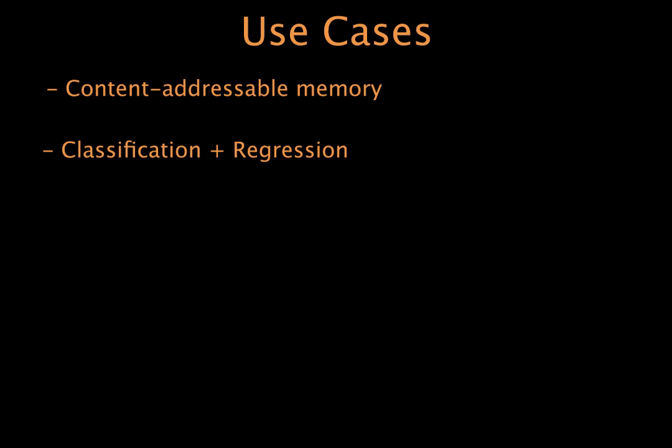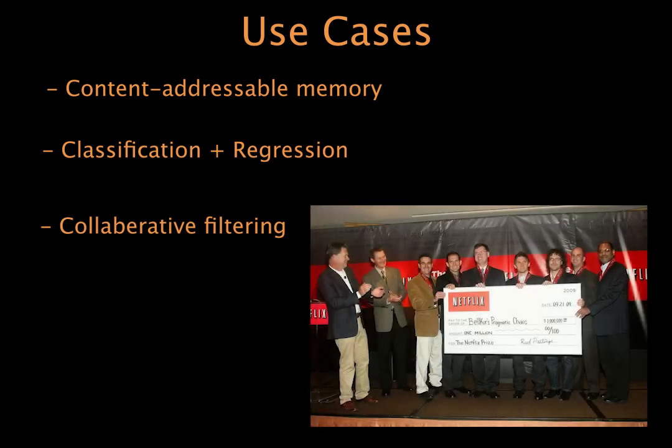RBMs are famous for their usage in the Netflix Prize of 2009, where they were applied to the task of collaborative filtering. Essentially, RBMs were trained to estimate the probability that users would enjoy unwatched movies, given the ratings they gave previous movies. Boltzmann machines can also be used in some scenarios to generate new data,